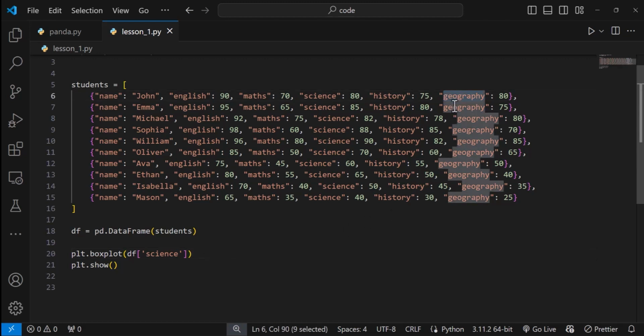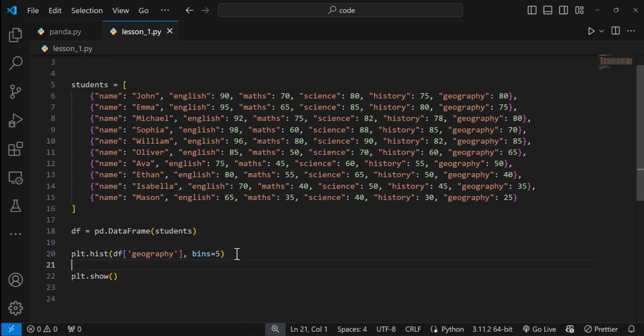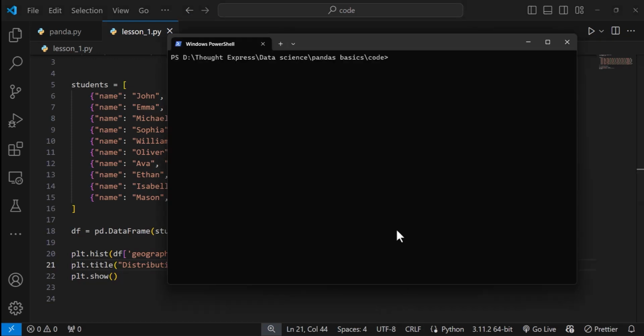So for example, let us say we give it the data of history, and instead of a box plot, to plot a histogram, we just use the hist method, hist. And for that, we also need to give it the bins argument, which is the number of categories or the number of bins it will divide the data into. And let's also give it a title just to make things more readable. Now, if we run this,